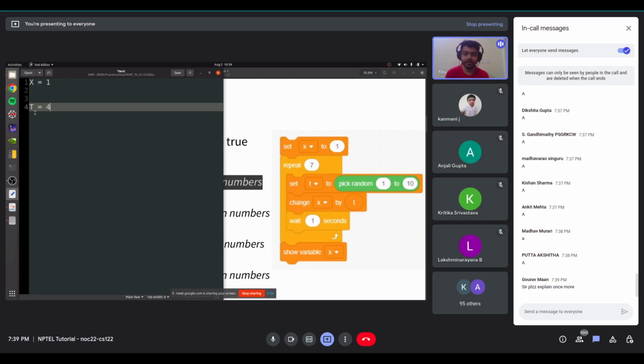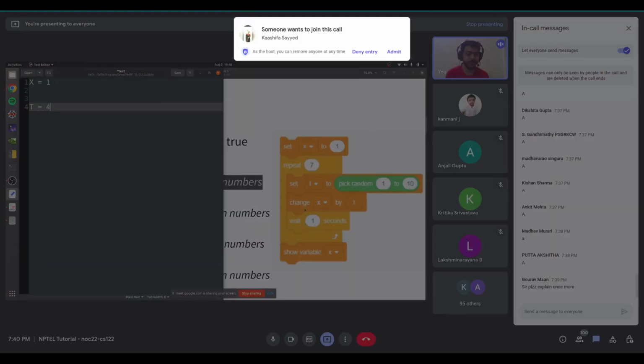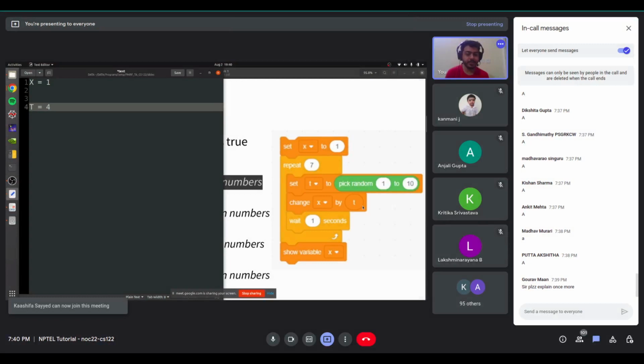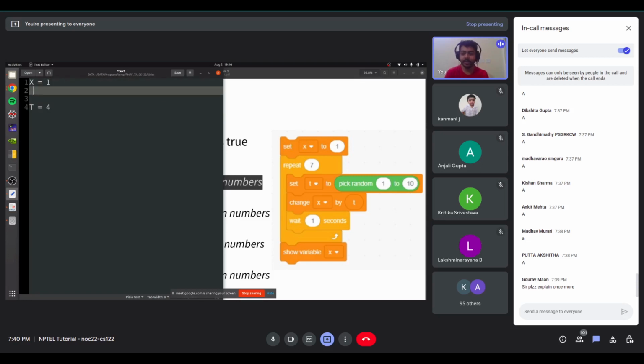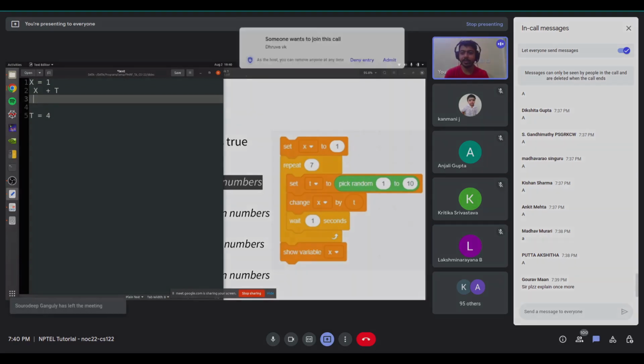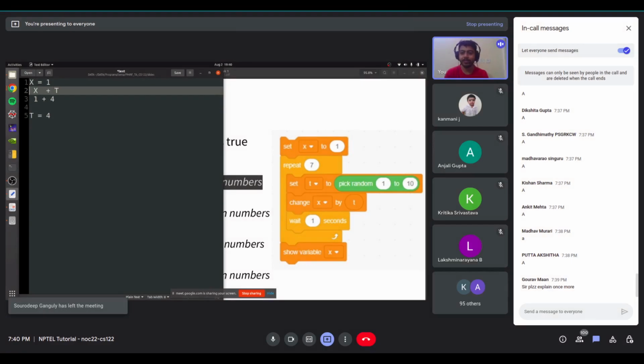So t now has 4. Now we change x by t, which means we increase the value of x by the value of t. So x becomes x plus t, which is 1 plus 4. So x now has the new value, 5.